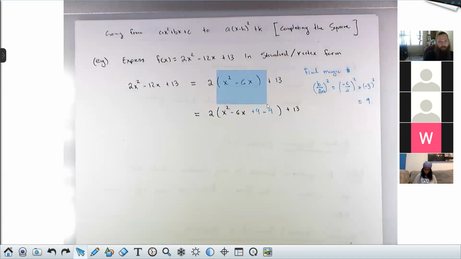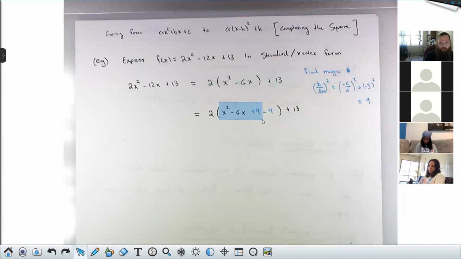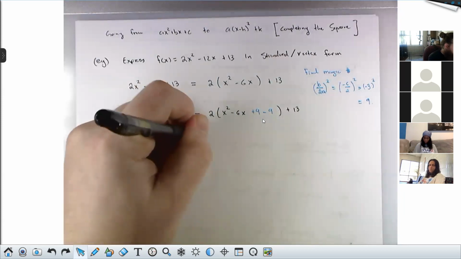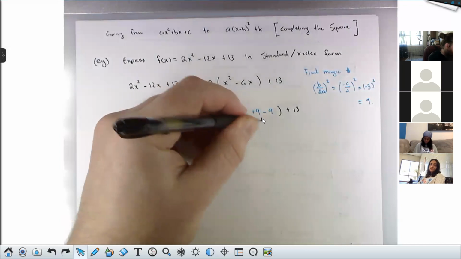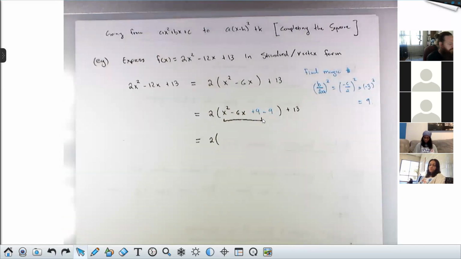See that the stuff in the parentheses hasn't changed. This +9 and -9, this is 0. So this whole line really is equal to this whole line. But by giving myself a +9 here, I can factor these three things as a perfect square. So then within this, I'm going to factor just these three. I treat that as its own quadratic. And to factor this, we use the AC method, which I'm assuming you remember from your previous algebra classes.